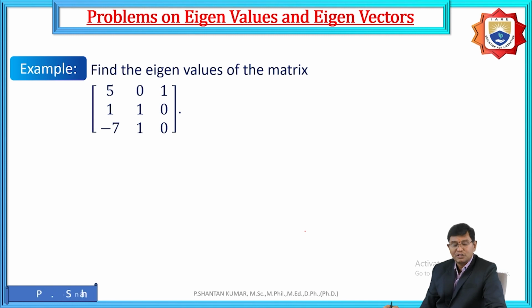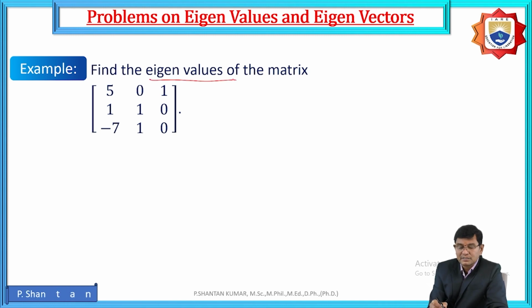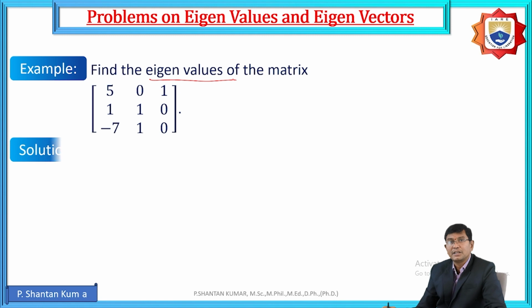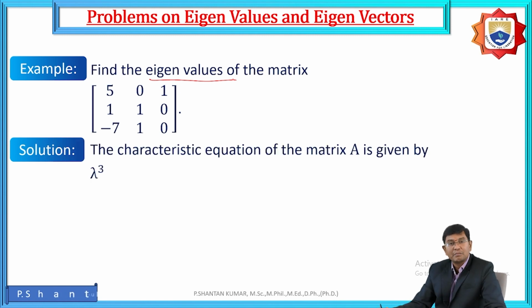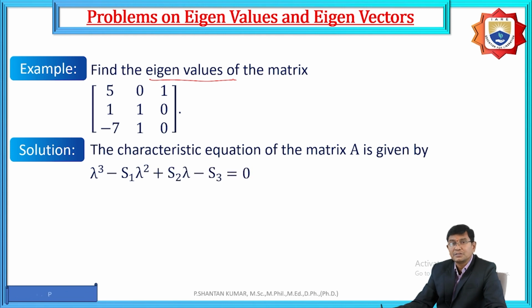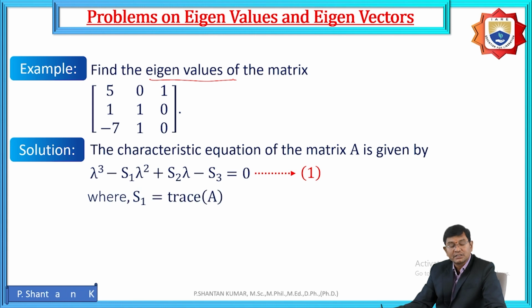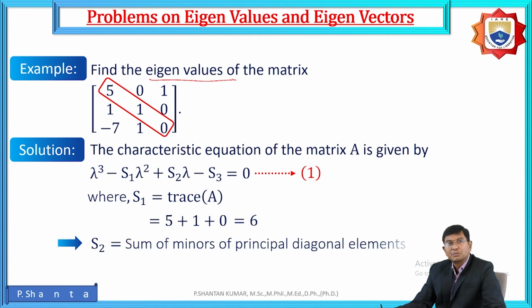For example, find the eigenvalues of the matrix, and here also it is 3 by 3. Directly we need to use the shortcut method. It is lambda cube minus S1 lambda square plus S2 lambda minus S3 is equal to 0. And here S1, the trace, is nothing but 5 plus 1 plus 0... And again S2, the principal diagonal elements, here 10, 10,